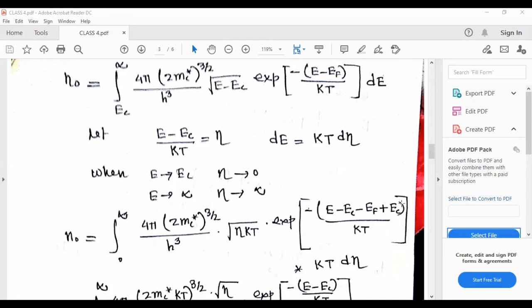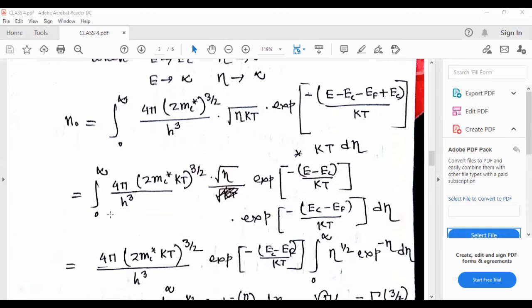I have used some trick here. I just used some extra Ec. I have used a minus Ec here, minus EF here, and again plus Ec. That means this Ec will get cancelled out. Then it remains the same, but I have done it this way to put this value here. Okay,